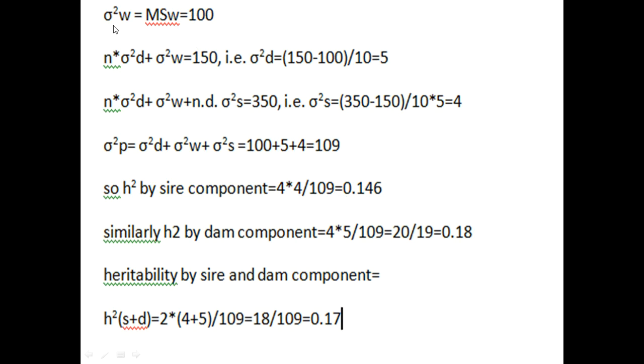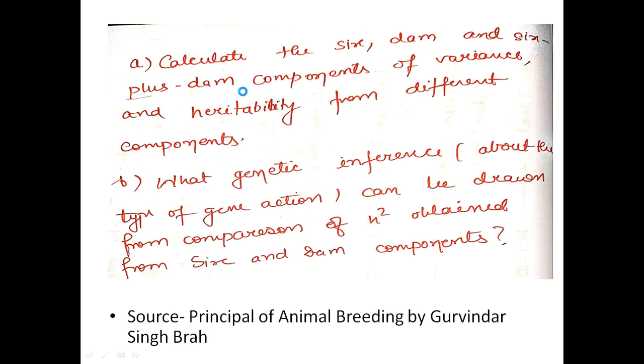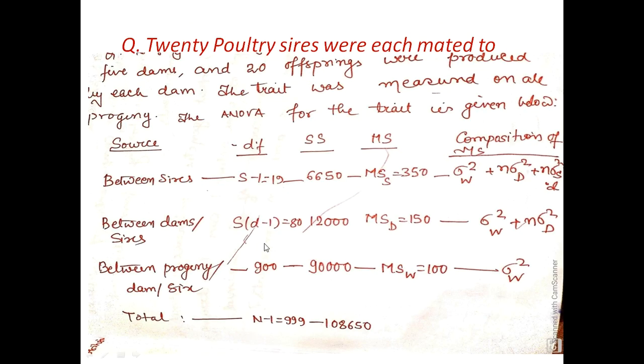Now it is given here sigma square W is equal to 100. Mean sum of squares is 100. Let us cross check the values once again for it to be clearer. Okay, see, sigma square W is equal to 100. This you have already found out. So you substitute it in the second equation to find sigma square D. This is how we will be finding successively all the values. We already know n, D. We have to find sigma square W, sigma square D and sigma square S. 3 equations and 3 variables.